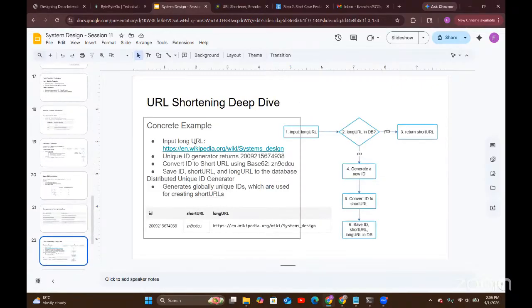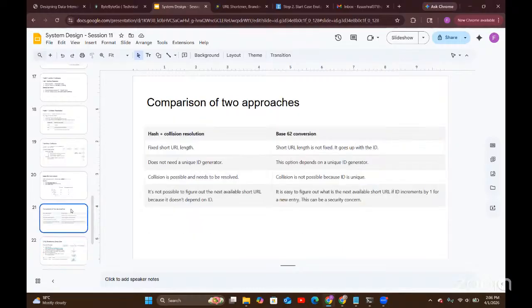Okay. Next we need to look at this, because now we know which hash method we need to use, right? So